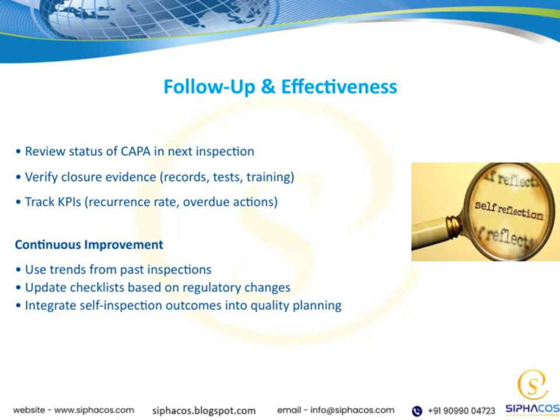Moving on to continuous improvement, this is about using insights from past inspections to enhance our processes. Analyzing trends allows us to identify recurring issues or areas where we can improve. Based on regulatory changes, updating checklists is crucial to stay compliant and proactive. And finally, integrating the outcomes of self-inspections into our overall quality planning ensures that improvements are sustained and embedded into our daily operations. Together, these practices help us create a cycle of ongoing improvement, making our quality systems more robust